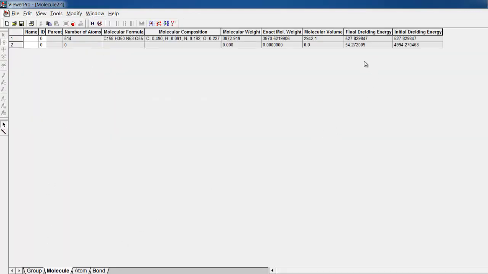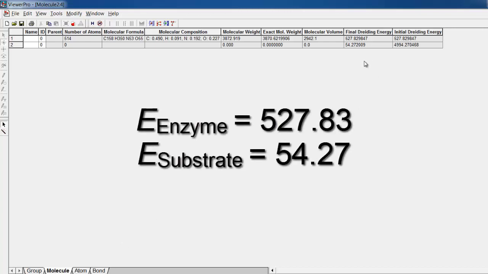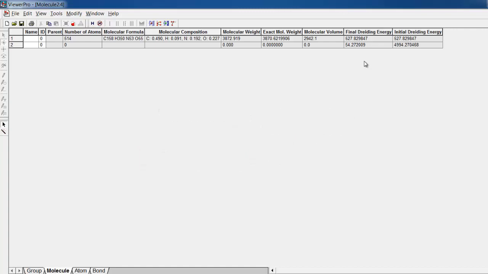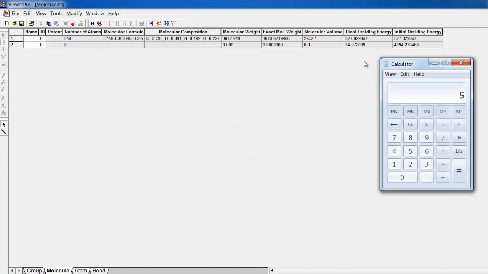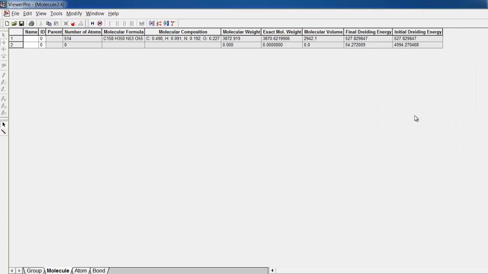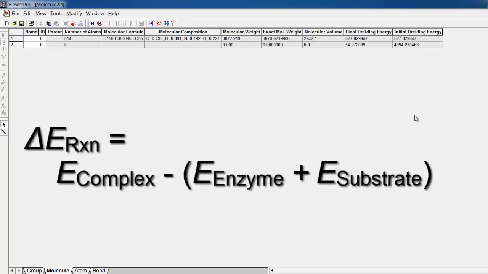We now have new numbers, 527.83 and 54.27. If we add those two numbers together, we get 582.1. That is the sum total of the individual energy levels of the enzyme and the substrate independent from each other. To calculate the overall energy level for this reaction, as I outlined in our earlier video, we need to